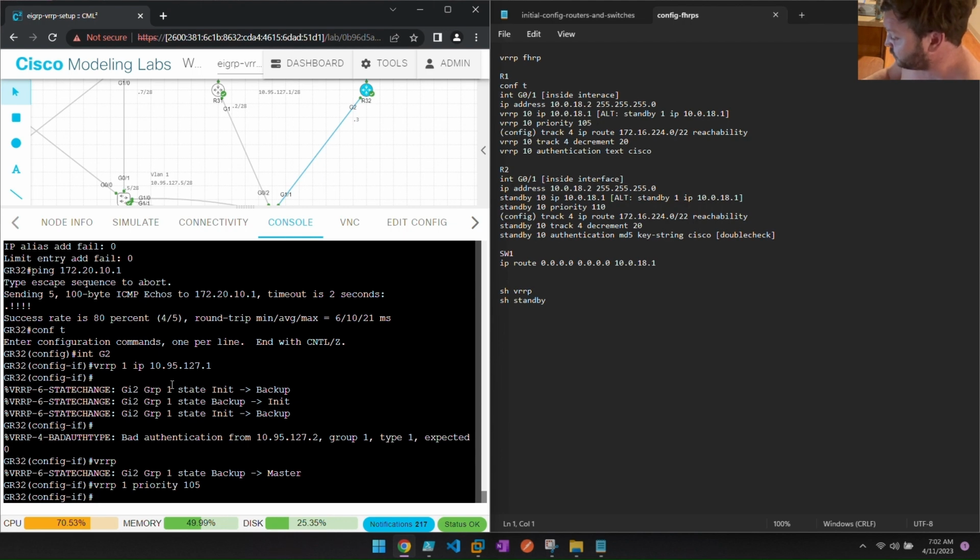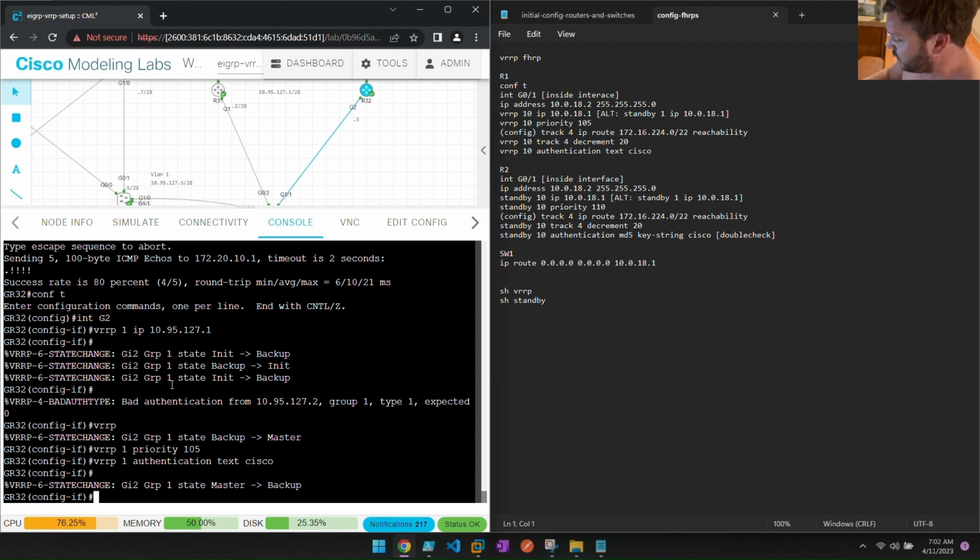And I'm going to do VRRP 1 authentication text Cisco. And now it's back, because it hadn't actually connected to the other router. Once it connects to the other router, then it knows its priority. And so now if I looked at the VRRP, it would tell me about the other router in the system now, but I still need to do